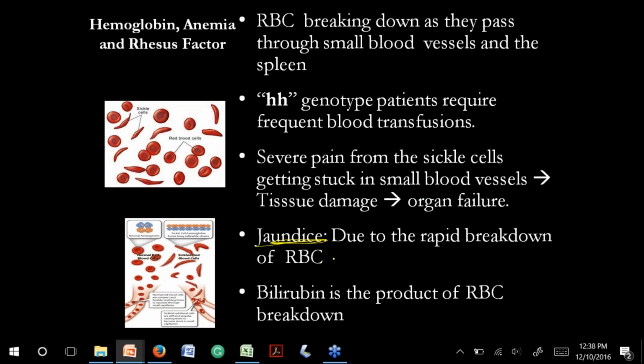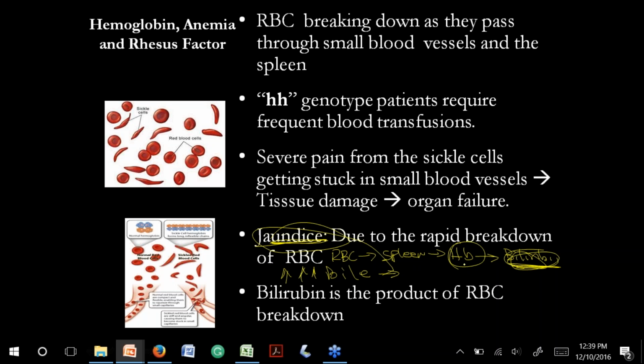Where does the jaundice come from? Red blood cells die and go to the spleen. In the spleen, the red blood cells release hemoglobin. The hemoglobin transforms into bilirubin, and the excess bilirubin goes to the bile, but not all of it can. It starts to go to the circulatory system, goes to the skin and produces jaundice, an excess of bilirubin. When do we have excess bilirubin? When you have excess hemoglobin, when you have excess destruction of red blood cells.